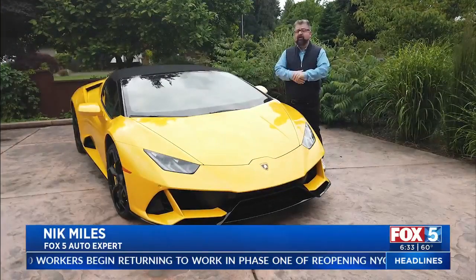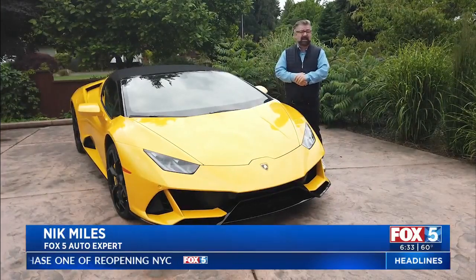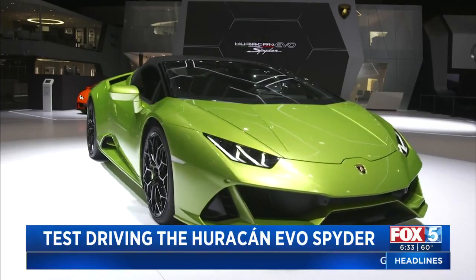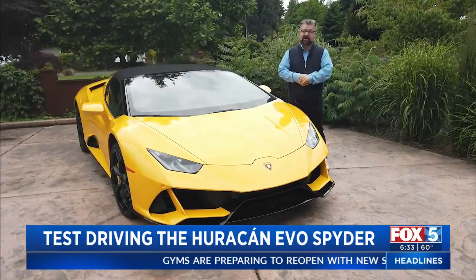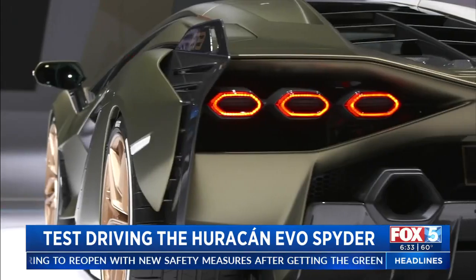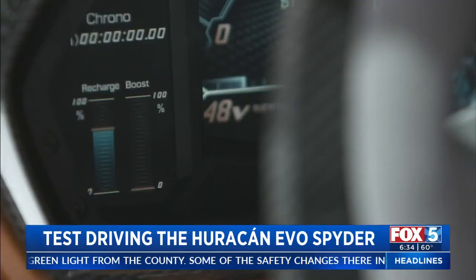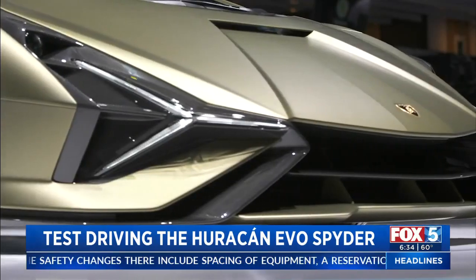If you take a look at the brand new Lamborghini Huracan EVO Spyder in the all-wheel drive and you see an expensive supercar, you're sort of wrong, because this is actually a science project. What Lamborghini have done with the Huracan EVO and other vehicles is a massive leap forward in science. For example, the 3.6 million Lamborghini Sian FKP37 showed the world the Lamborghini supercapacitor, which is a dense battery which charges and discharges much faster, helping the Sian get to 819 horsepower and hit 62 miles an hour in just